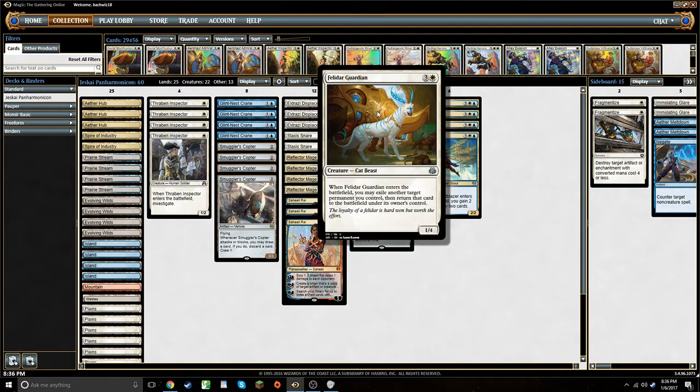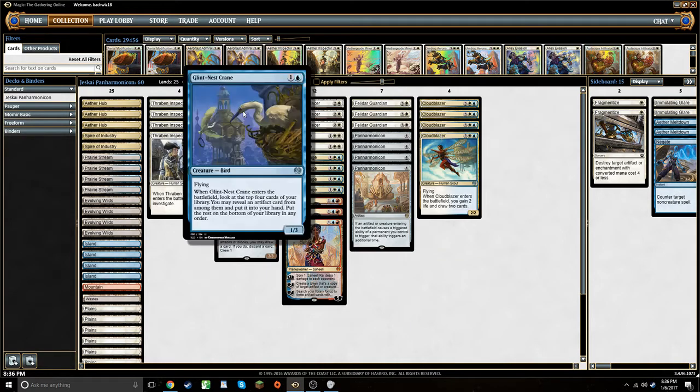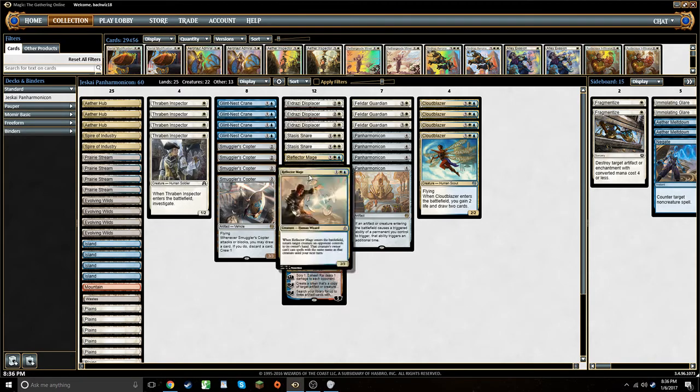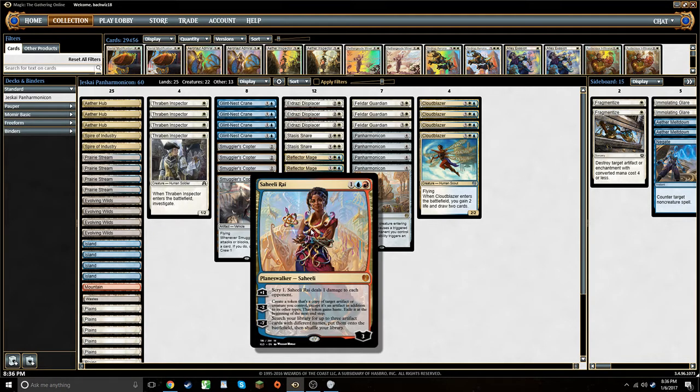So we have Felidar Guardian, which is pretty nice in this deck, just on its own, because it comes down, it exiles something, and flickers it. So you can flicker a Cloud Blazer, Glintnest Crane, an Inspector, just to draw some cards, get some value, or Reflector Mage, or whatever. But it has an interesting interaction with Saheeli Rai, because if you exile a Saheeli Rai,